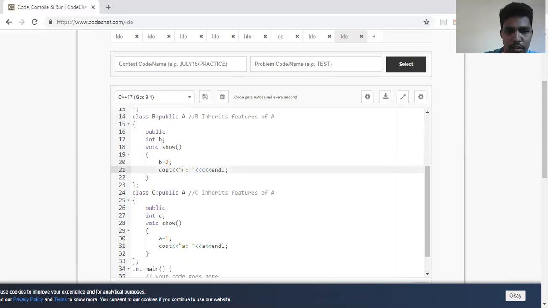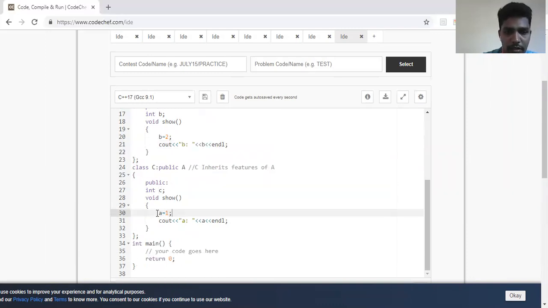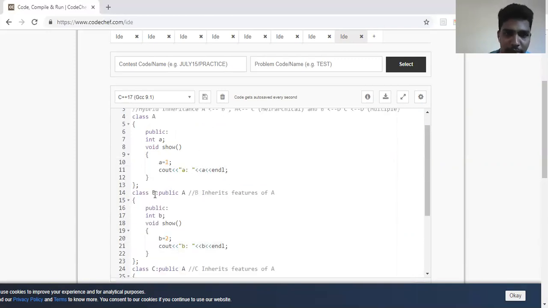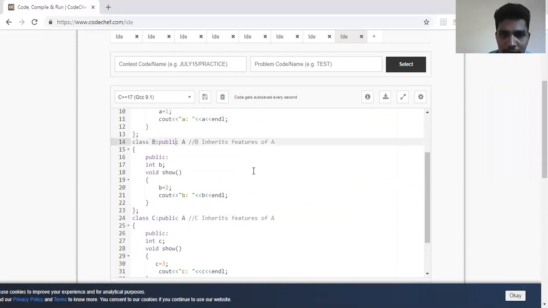There also we'll change it to B. Okay, and then here it is C, so we'll change it to C, and we'll keep it as 3. So we'll print C and C. Okay, simple. What I have: class A, and B inherits from A. C also inherits from A. So successfully we have written till here.